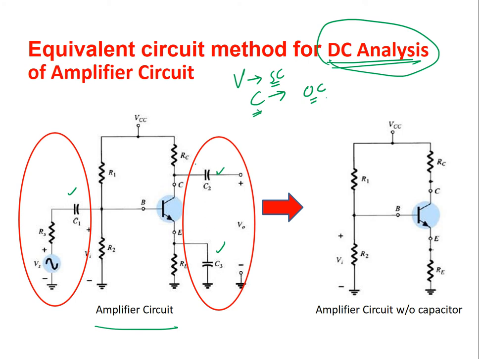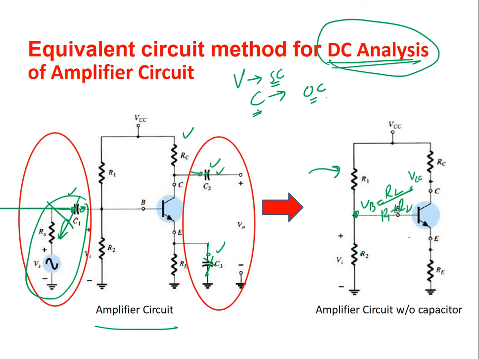So if you make the open circuit here, this capacitor will be gone, this will be open, this will be gone. Because this is an open circuit, no current will be flowing, so this whole part will be gone. We will be left with only this circuit. We know very well how to solve this circuit: we just calculate VB, which will be R2 divided by R1 plus R2 multiplied by VCC. Then we can calculate IB, IE and the rest of this stuff.